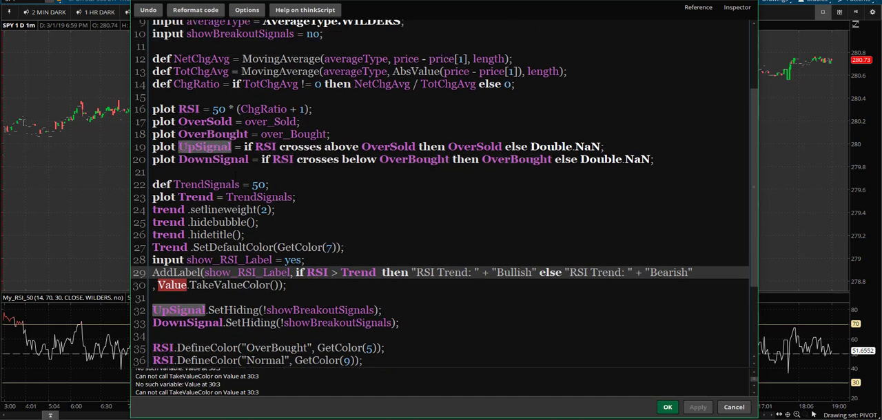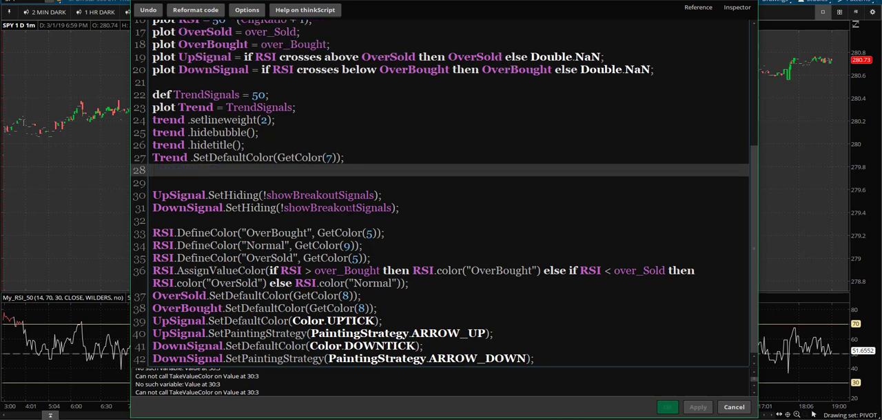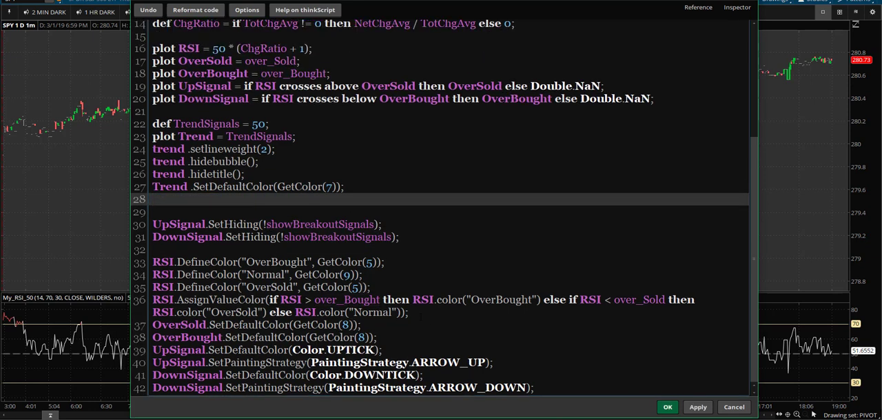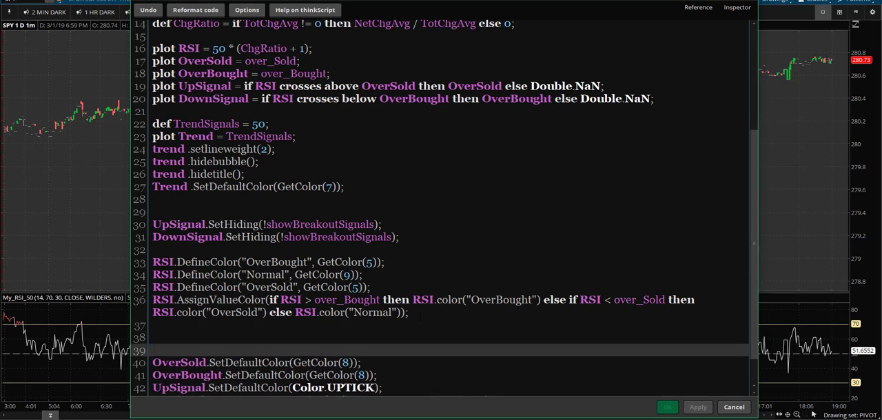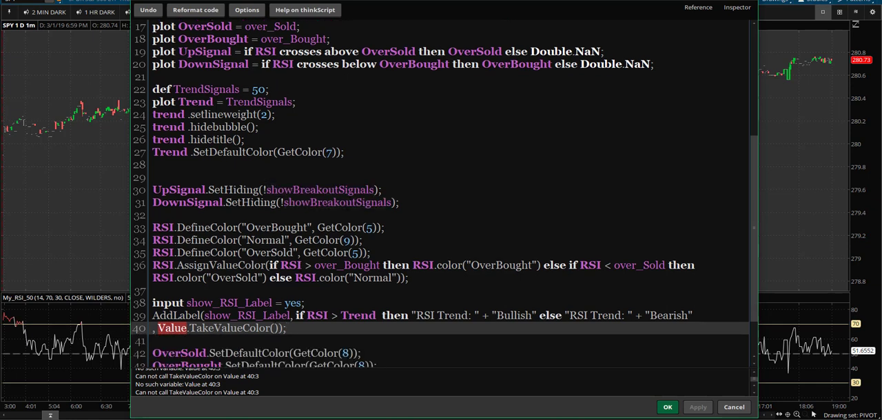Now, instead of adding multiple commands for color, we can use the code that's already written up here to define the RSI colors, which is actually down here. So we're going to have to just take all of this, cut it out, and bring it down here below the RSI color, because we're going to reference the RSI's color in our label. So if we move a little bit of this code back up here,